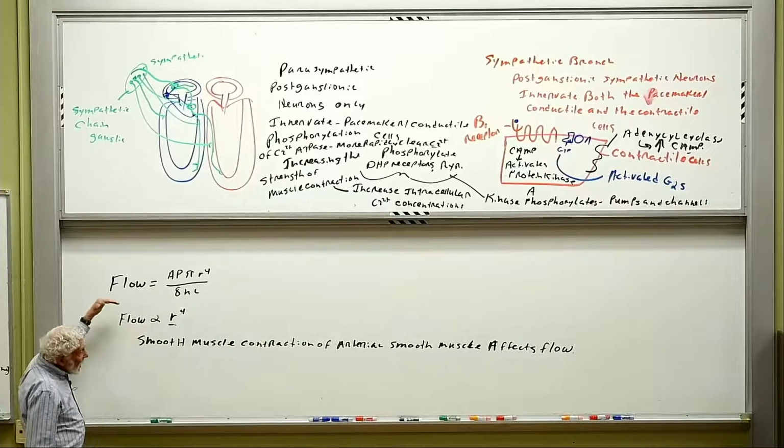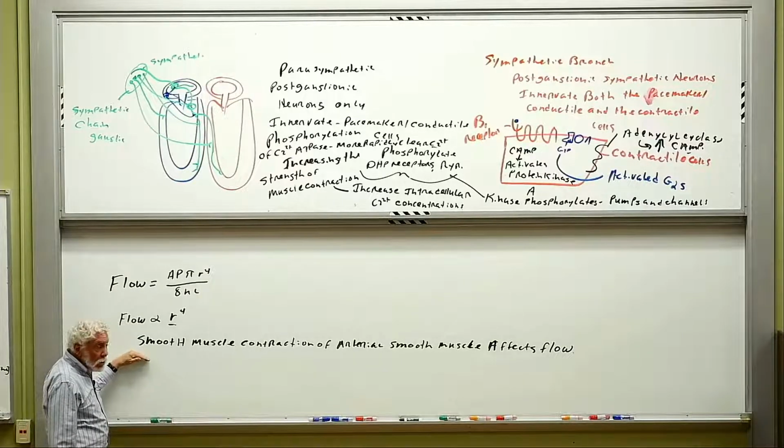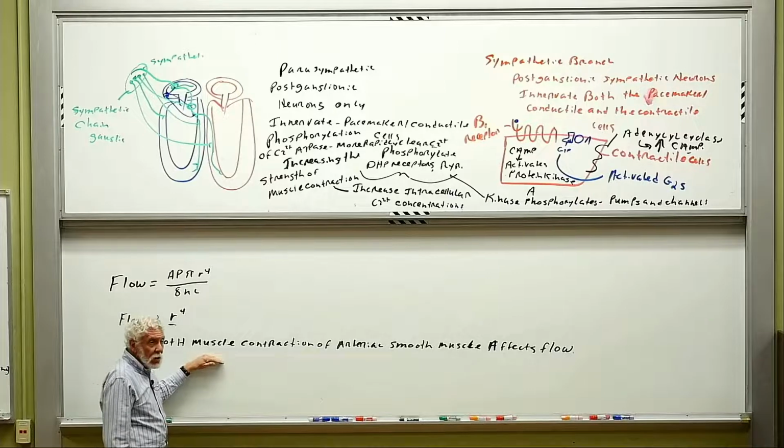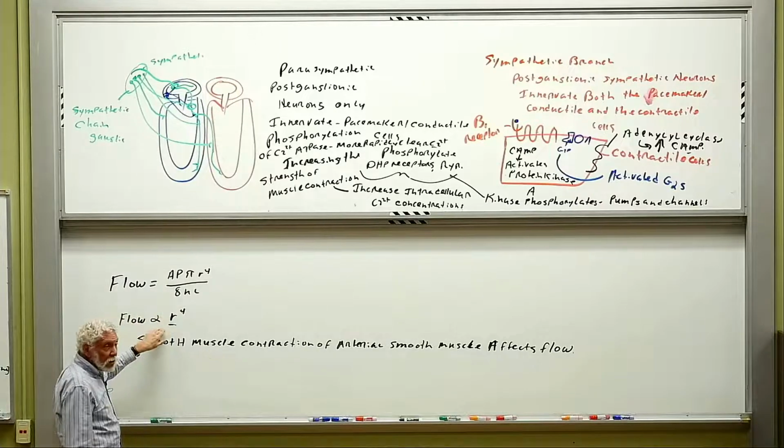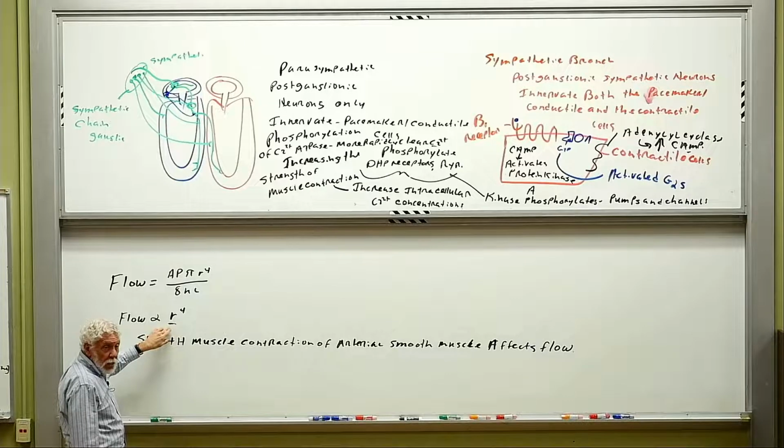And that it's the autonomic nervous system innervating that smooth muscle, which now can affect flow. And it does that through its effect on the radius. And because of Poiseuille's law, we now have big effects on the flow by small changes in the radius. And we use this trick throughout the vascular system through innervation of the